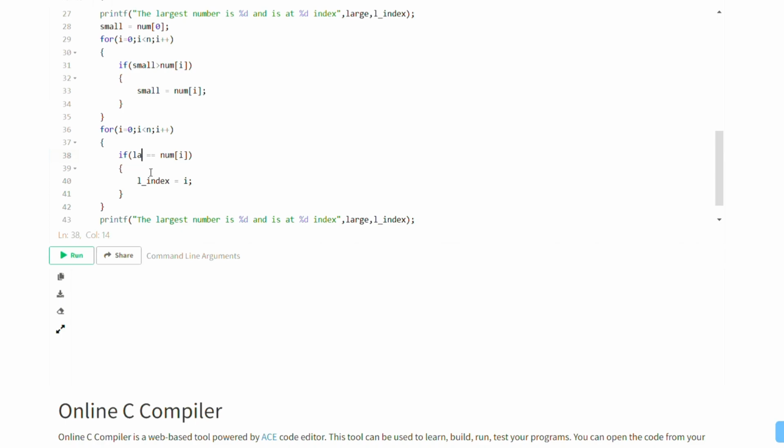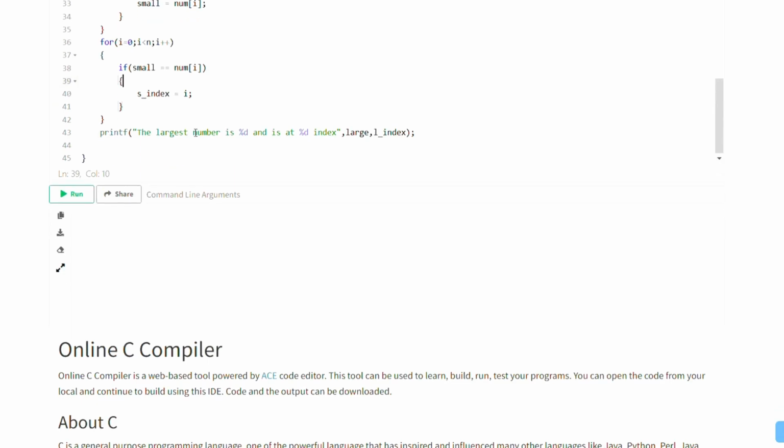If not, it remains the smallest. If yes, then the number which is less than our current small becomes our new small, and we swap it and find the index the same way. So that's how you find the smallest and the largest number.